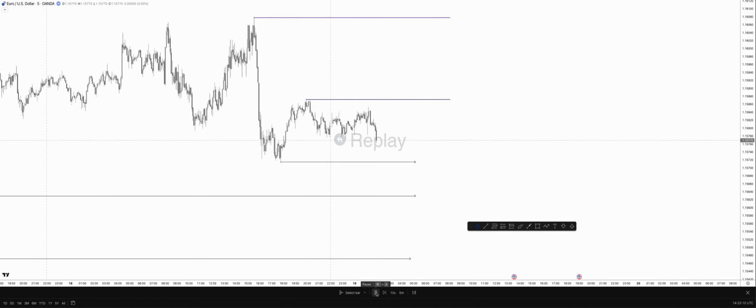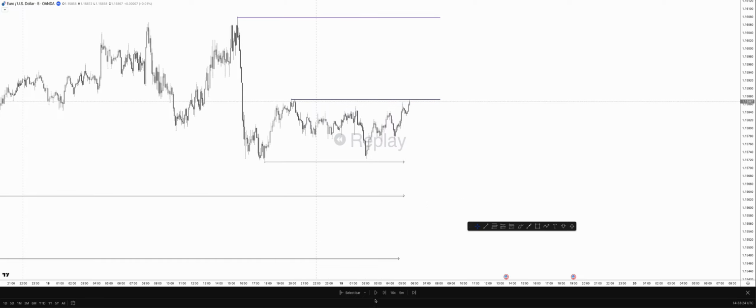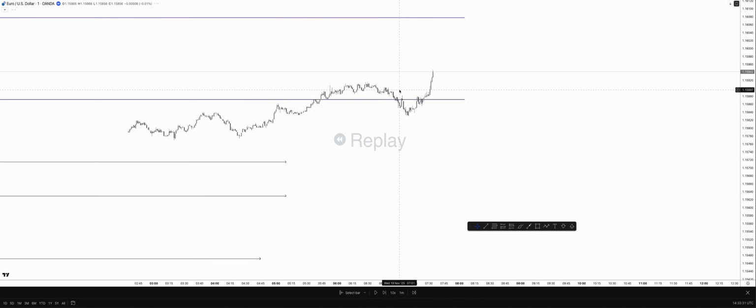Okay, it moves around a little bit, goes down, but remember there's no real reason as to why you would be wanting to look for buys here. For me, there's just nothing really. We then go bang, take that. Okay, and I believe we actually had